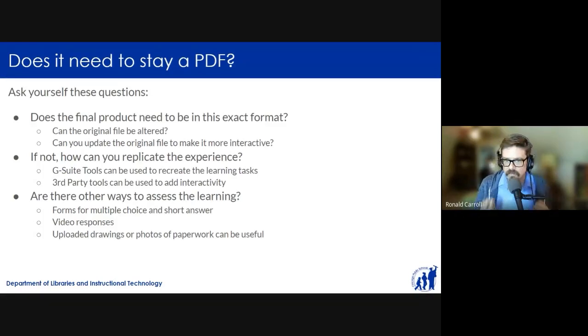If not, can you replicate the experience? Can you use G Suite tools or third party tools to add interactivity on top of the PDF? The answer is yes. And then the other thing to think about is, are there other ways to assess the learning? Like you can make a quiz. If your PDF is just multiple choice and short answer, maybe that works better as a